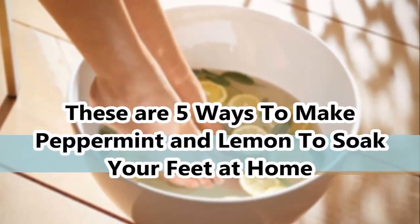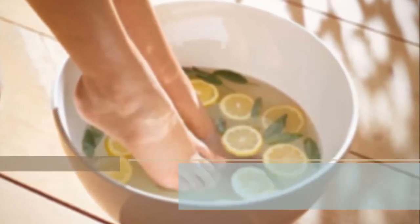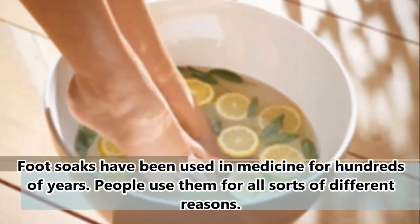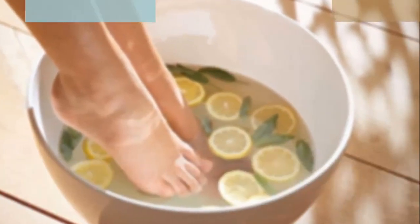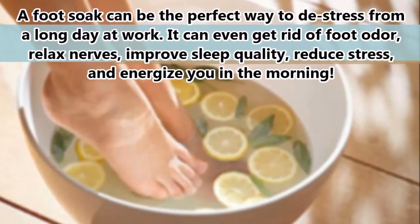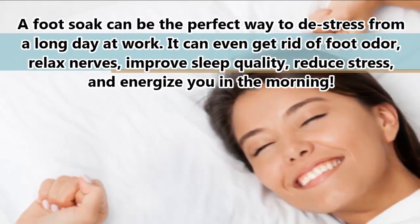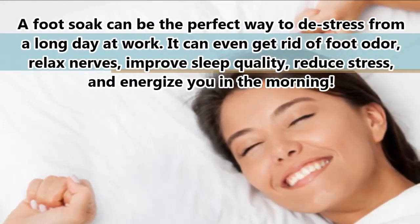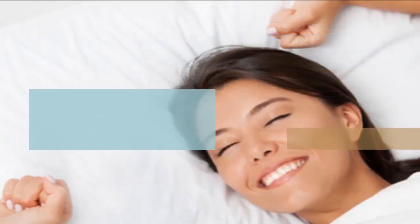These are 5 ways to make peppermint and lemon to soak your feet at home. Foot soaks have been used in medicine for hundreds of years. People use them for all sorts of different reasons. A foot soak can be the perfect way to distress from a long day at work. It can even get rid of foot odor, relax nerves, improve sleep quality, reduce stress, and energize you in the morning. A lemon and peppermint